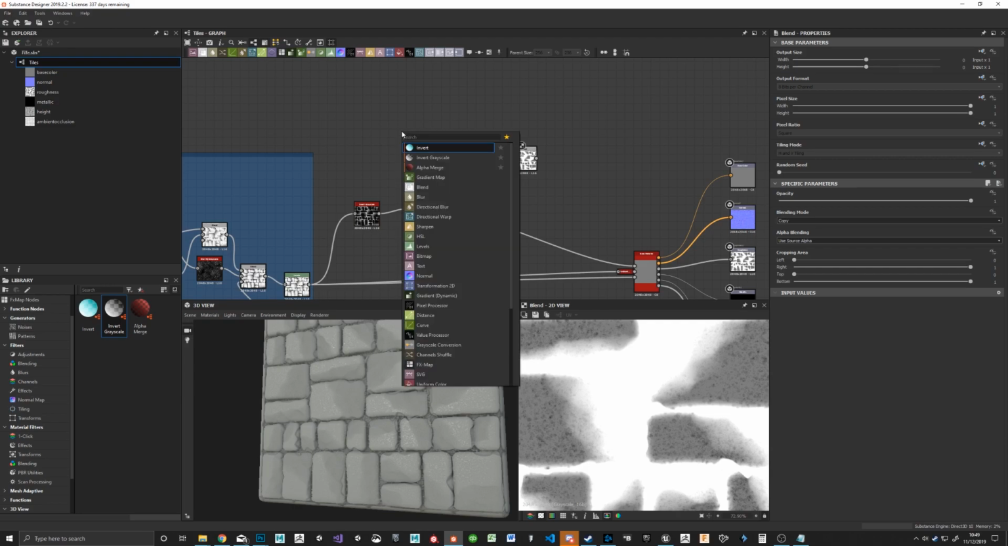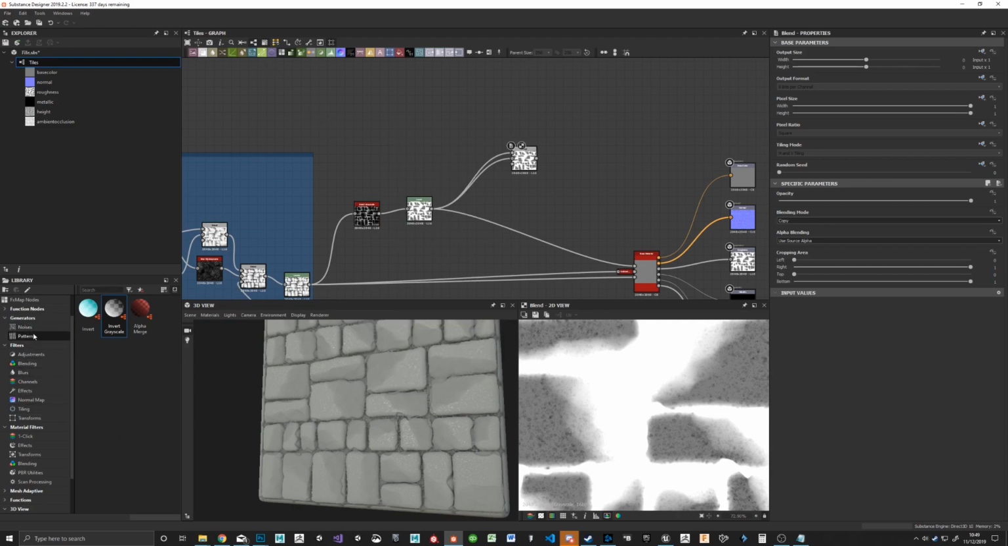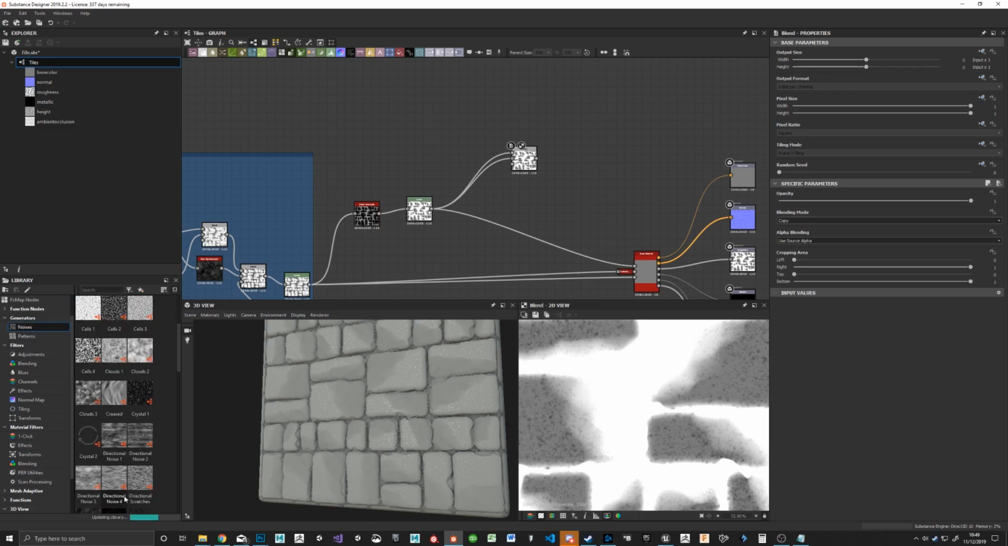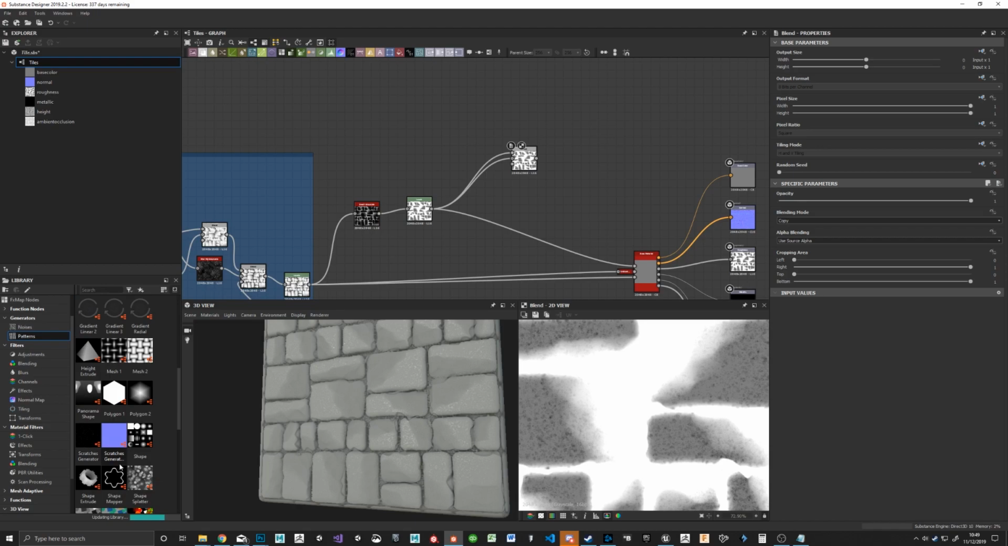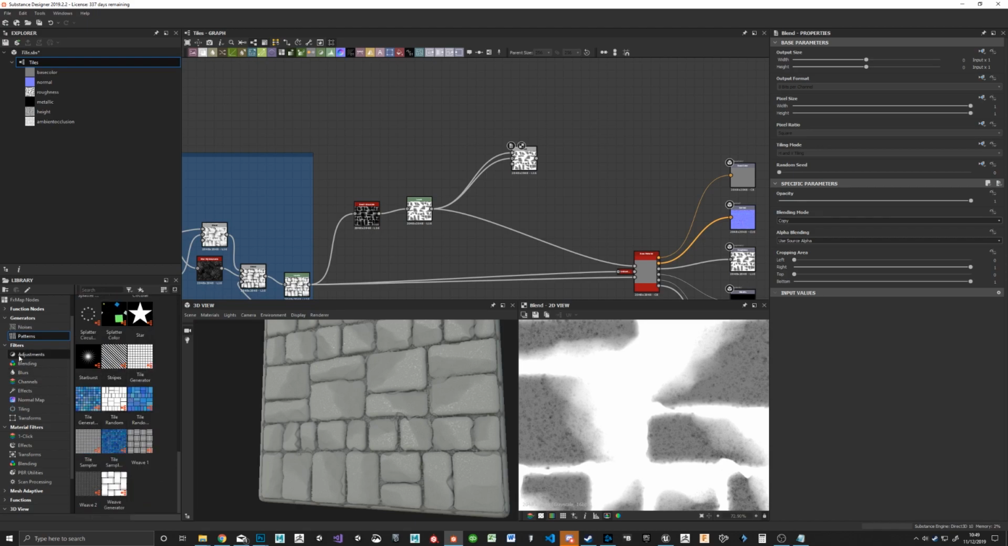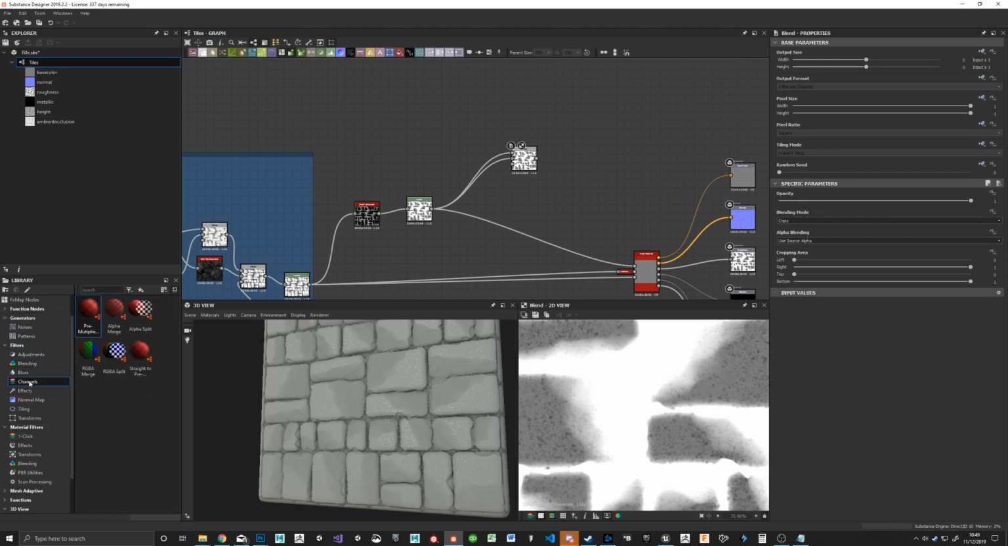Let's see. You can also come in here. If you don't know all the nodes, that's okay. Just go through generators. They have a lot of different noises, a lot of different patterns to play with, and a lot of different adjustments to your nodes. Material filters, you won't really need these, we're not going to do it in this class. You're not going to use bitmap, but there are nodes to help break down